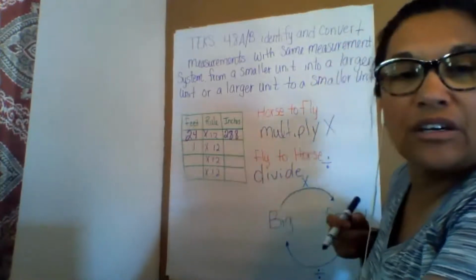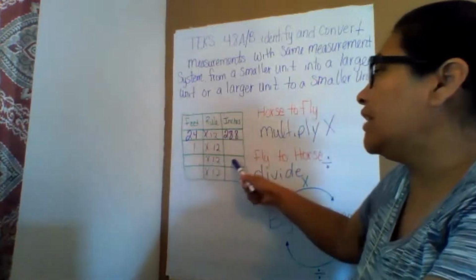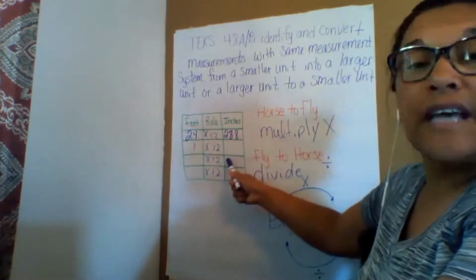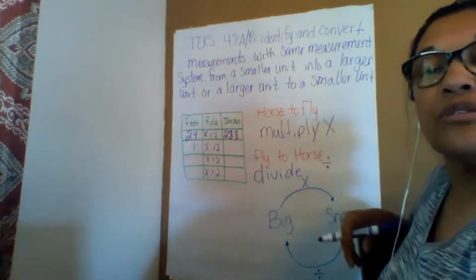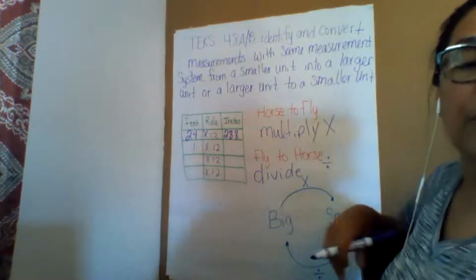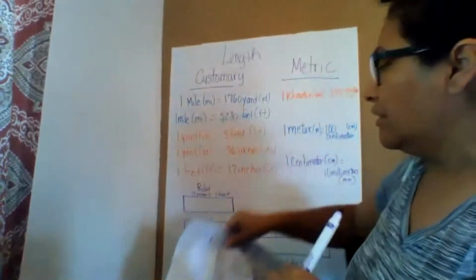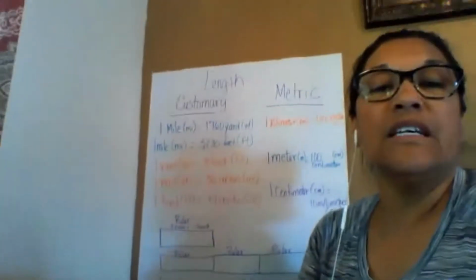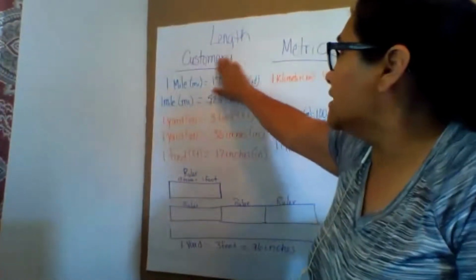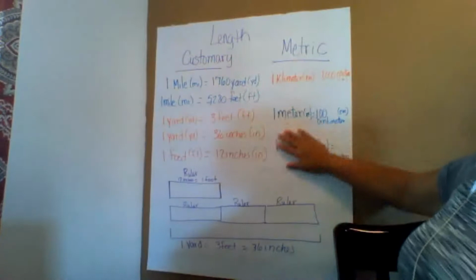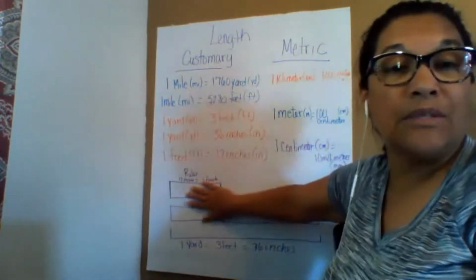Now, boys and girls, we're not going to go that high in our lessons, but I did want you to see, don't forget if you need to do your table, if you need to start saying horse to fly, to convert them to a smaller number or to a bigger number. Now, I'm going to have another thing that we look at here. This one is like your reference paper, your customary, your length, and your metric. On these lessons, you are not going to be doing metric. You're only going to be doing your